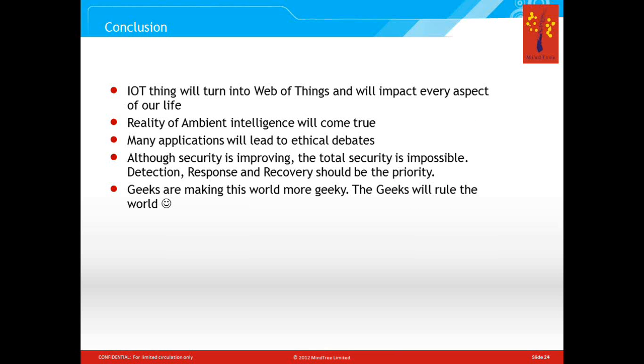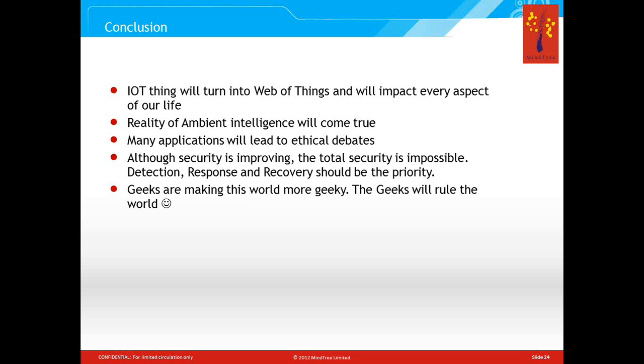Okay, so I come to the end of my presentation. So, conclusion. What is the conclusion? Basically, the Internet of Things will ultimately turn into a web of things, where it will impact every